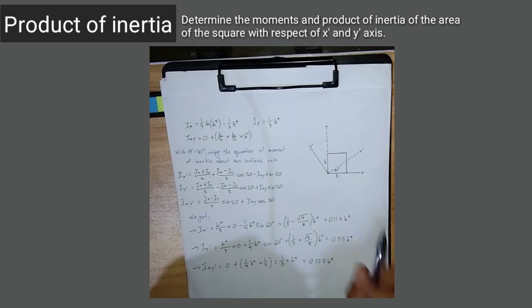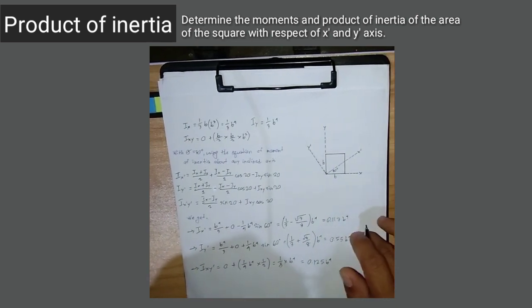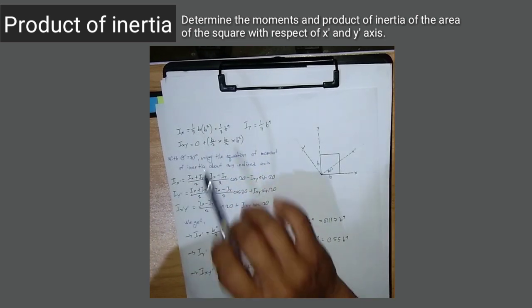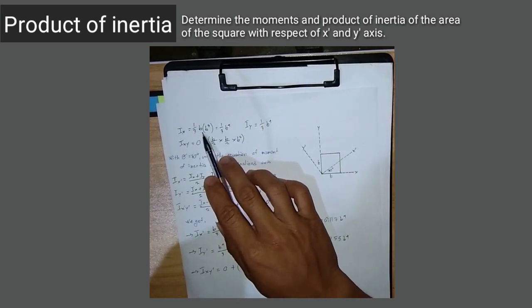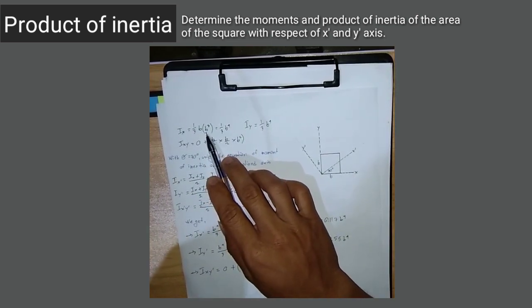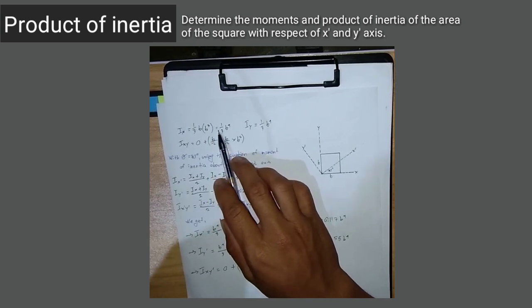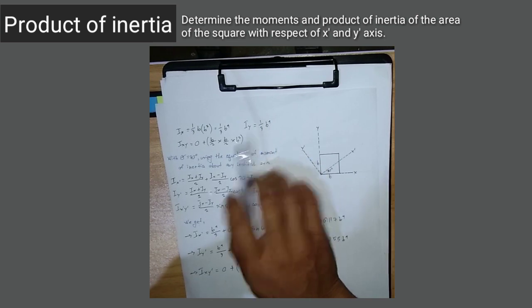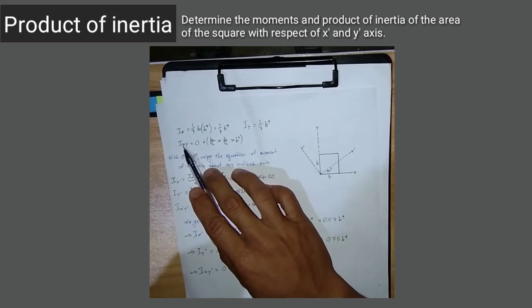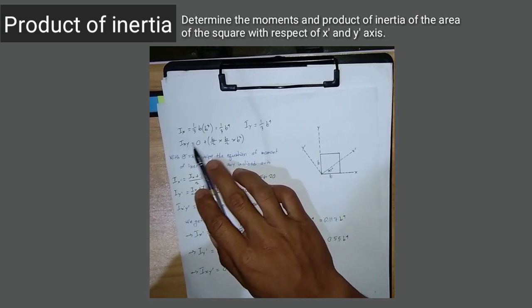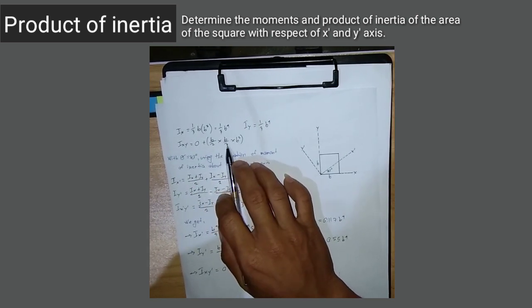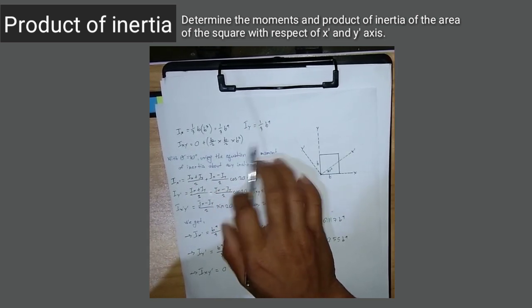For the last problem, this involves the product of inertia. Ix is equal to 1/3 times b multiplied by b cubed, which is equal to 1/3 b raised to 4. Same with Iy. Now we have the product of inertia along the x and y axis equals 0 plus b over 2 times b over 2 times b squared,